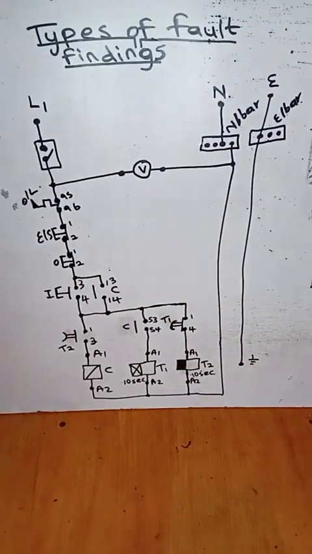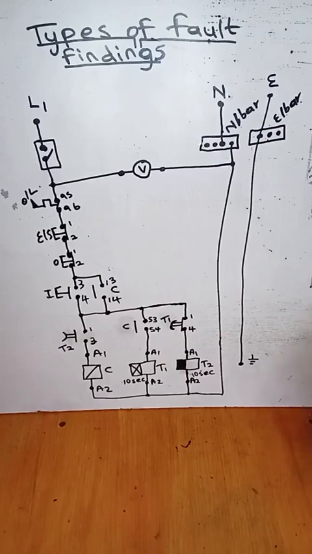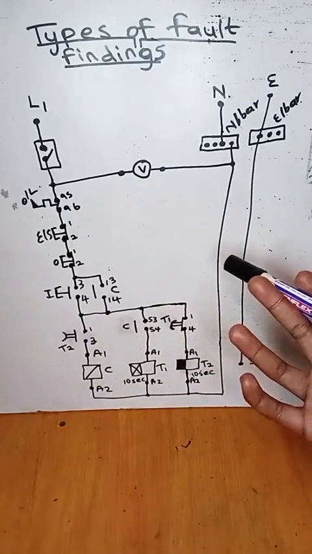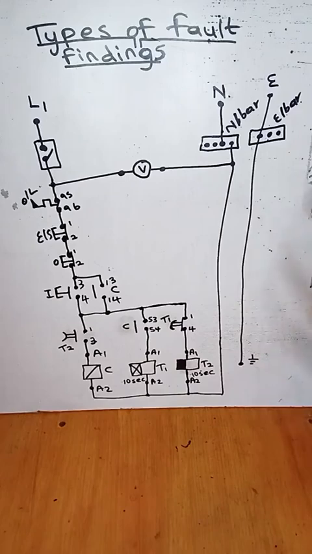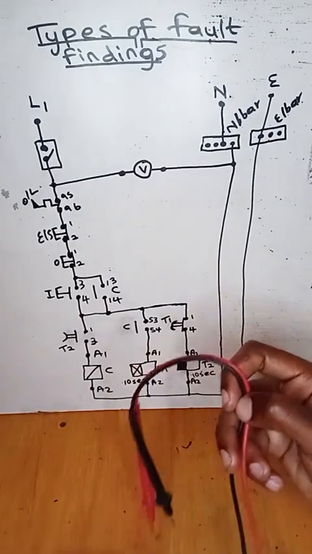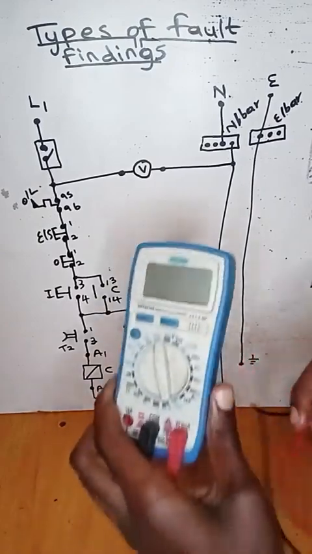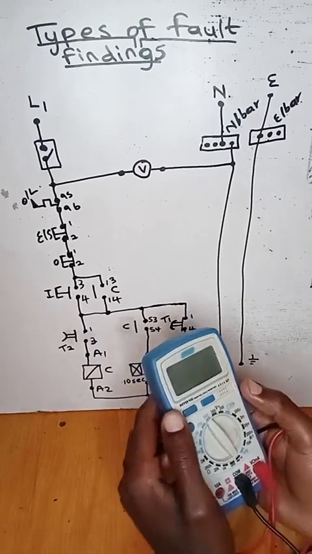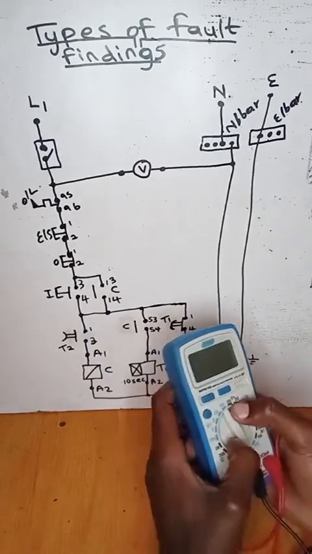So firstly, when you do fault finding, when you're given a test, we'll show you how to test your supply voltage, to check if your supply voltage is correct or not correct, right? We'll use a multimeter. So to test our supply voltage, we will put it in